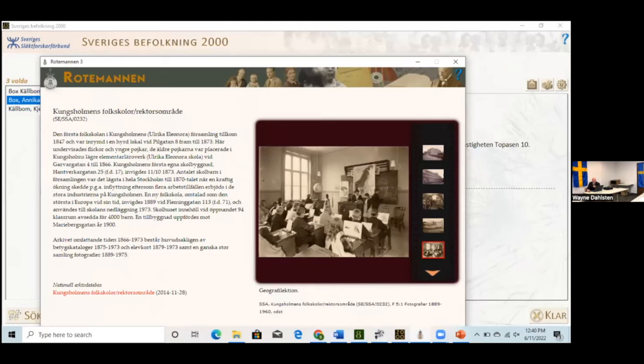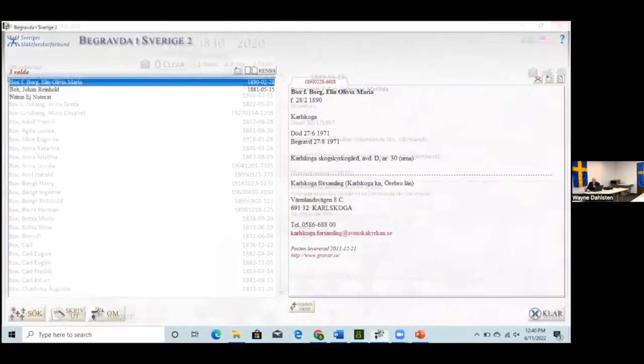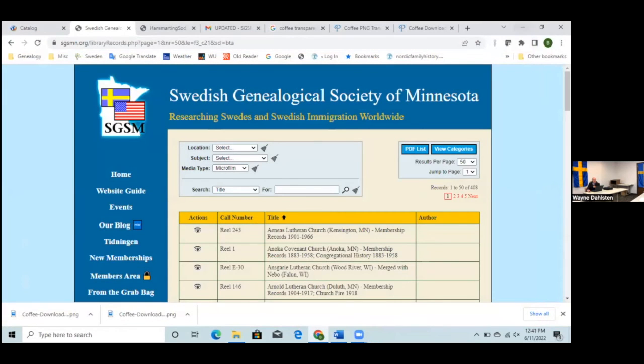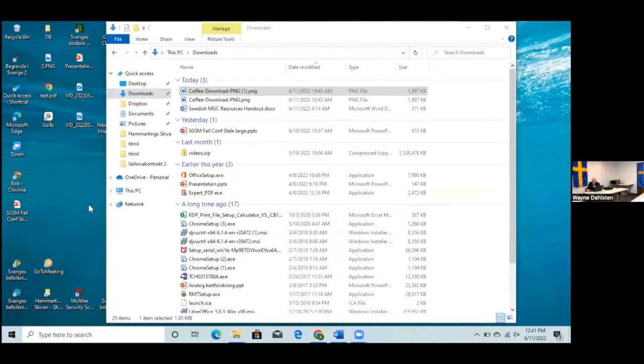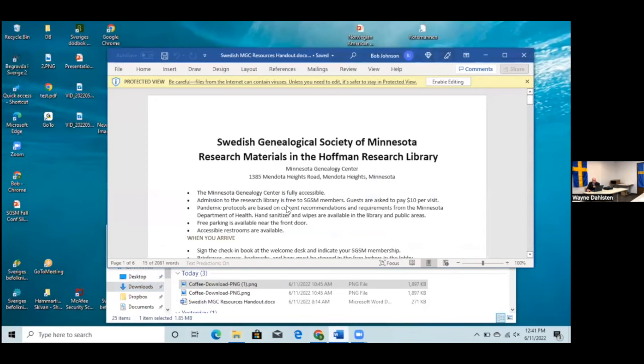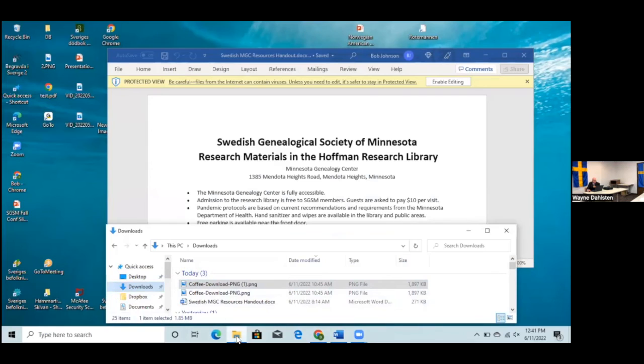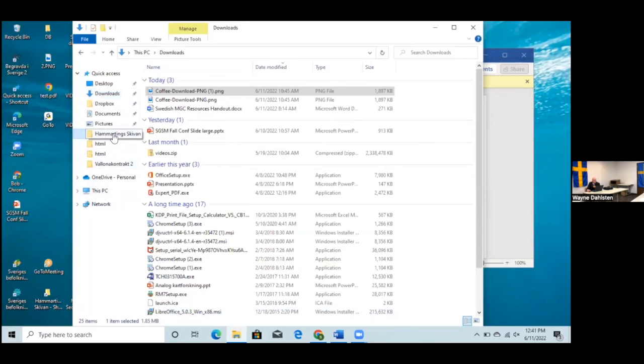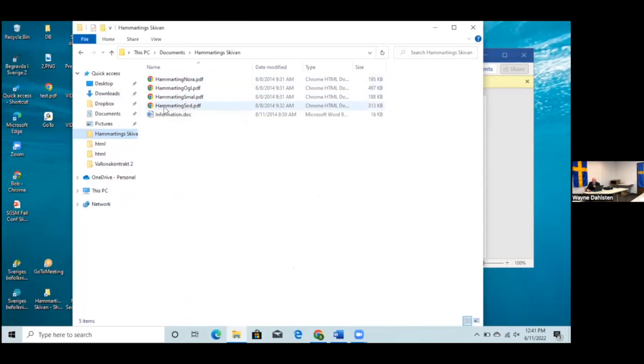And, okay, let me close a couple of these screens here, and we'll go to that. There, I did mention that the court records, come on, let's see here. So the